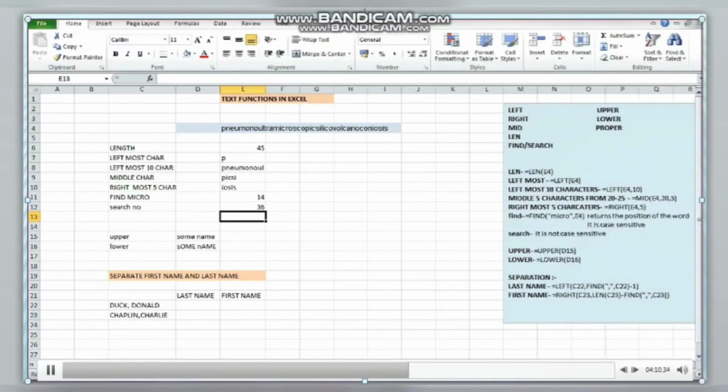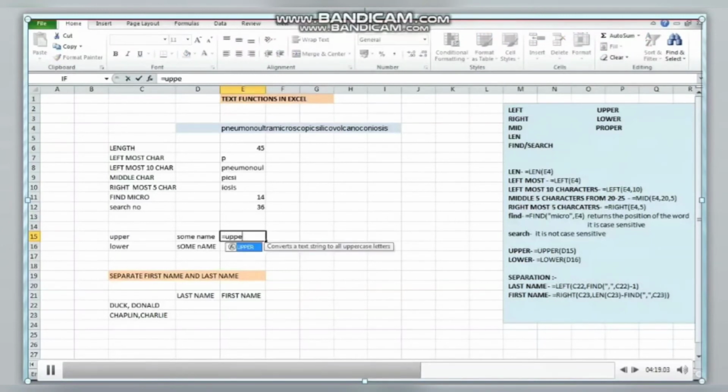Next, the upper and lower functions convert the string into uppercase and lowercase. So equal to upper, it has the argument as this text, close the bracket and enter. Similarly the lower function works, close the bracket and enter.